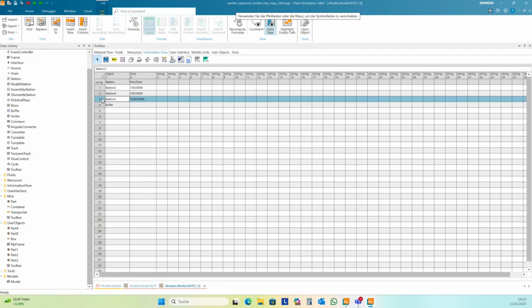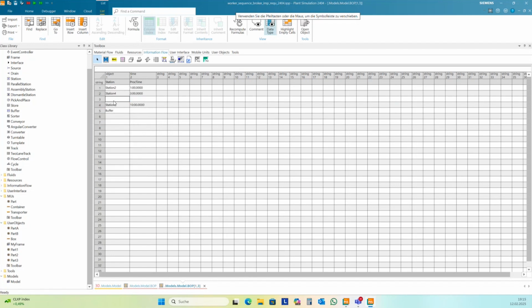Station 1, 12. Station 3 for 2 minutes. And finally to the buffer. And if you want to have real fun, then let it go back to one station, maybe 2 times to station 4. Okay.